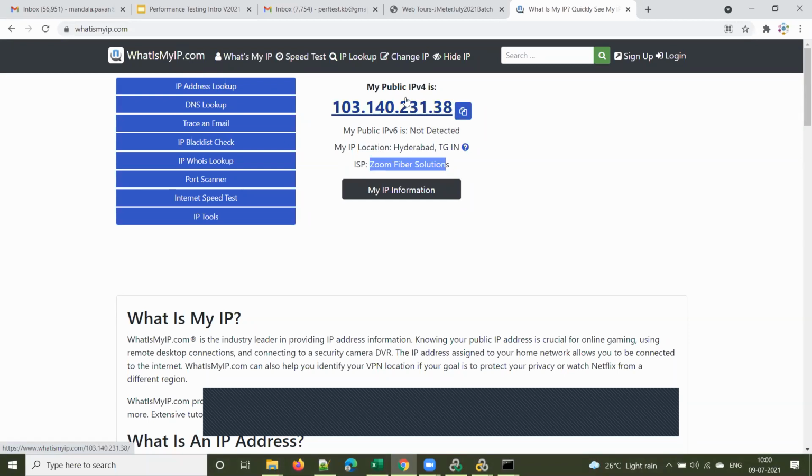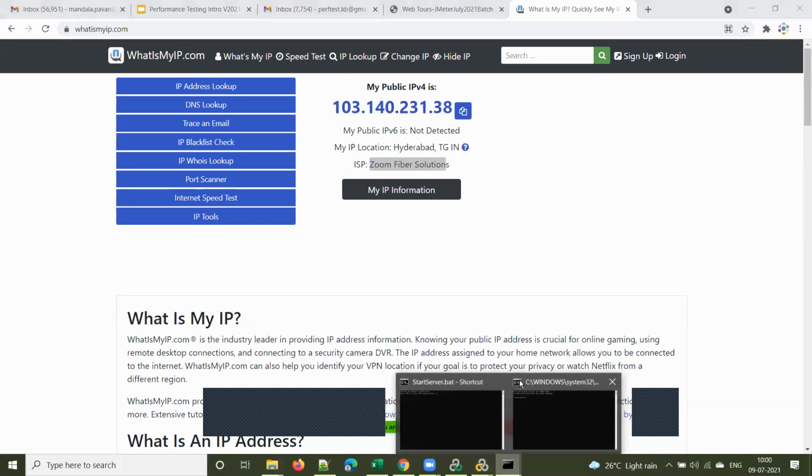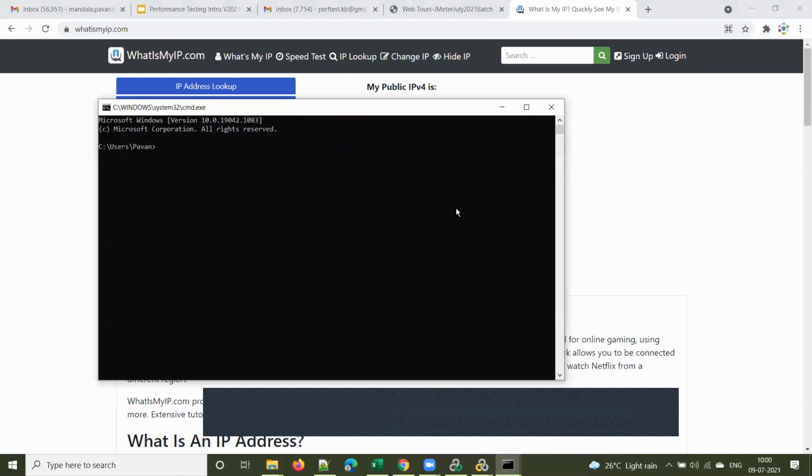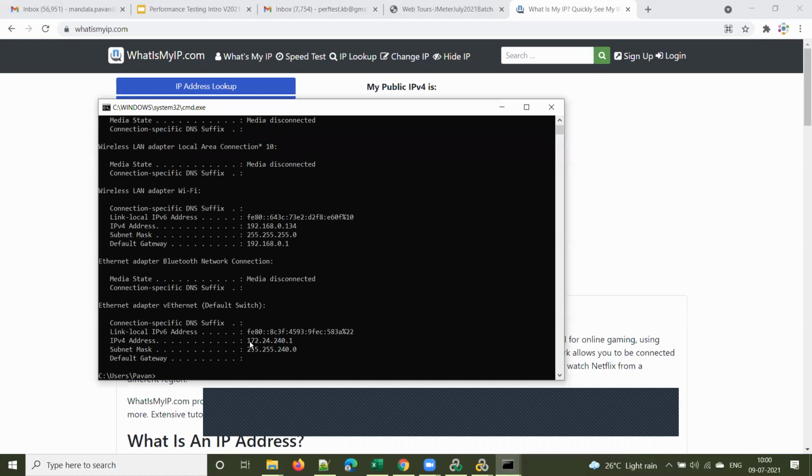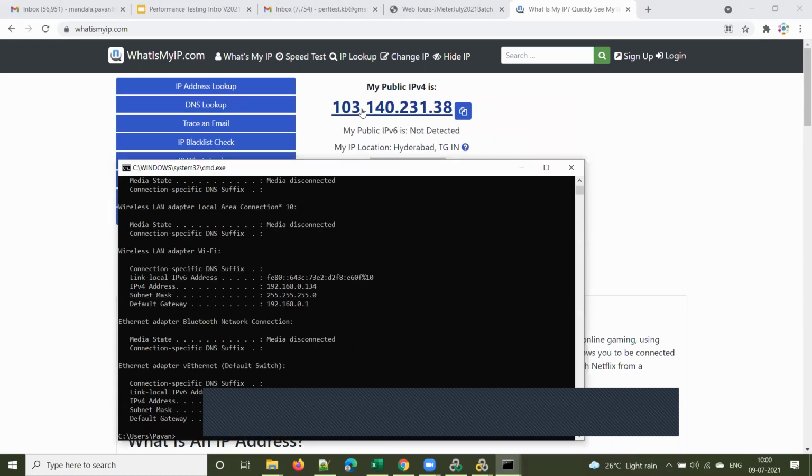We'll discuss that there is something called private IP. Let me show you that also, as we have the context. If you want to see the private IP, you type ipconfig here, and this is your private IP. This is the public IP, 103.140, and this is your private IP address, 192.168.0.134.